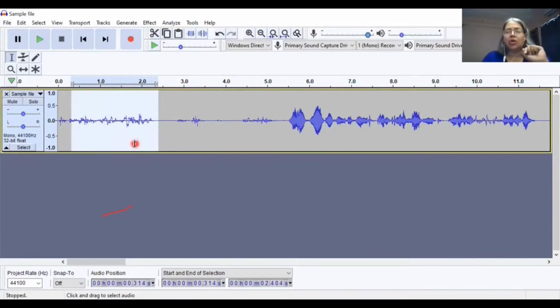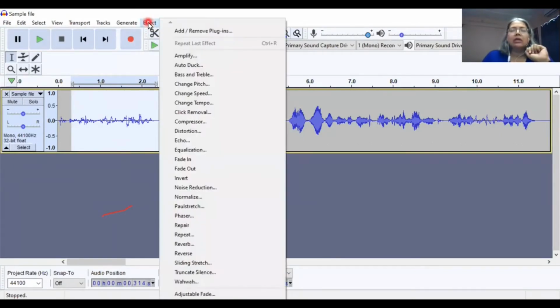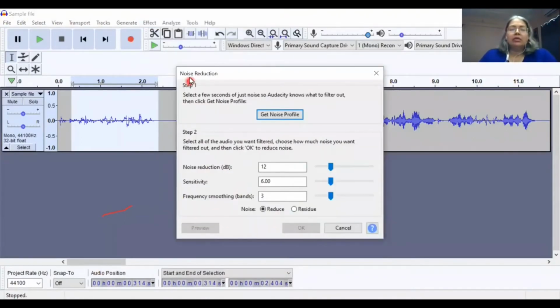Now I go to the effect menu, this button called effect, left click on that, and there are a lot of options here. We are going to choose noise reduction. Noise reduction is what we want. When you click it, you get a button called get noise profile.